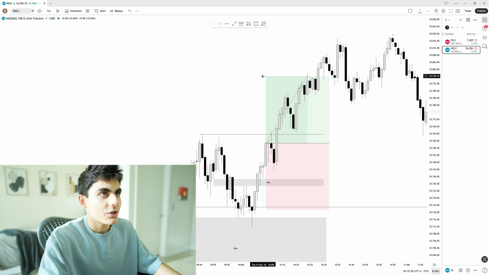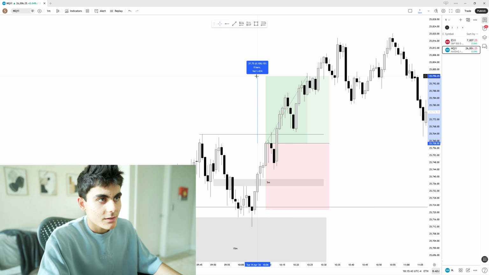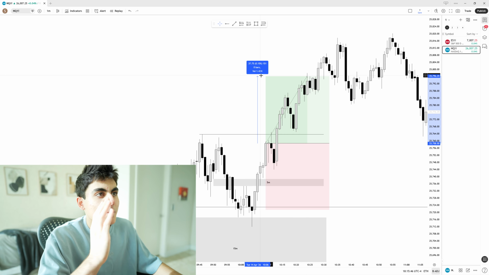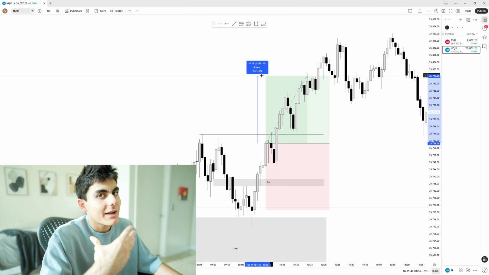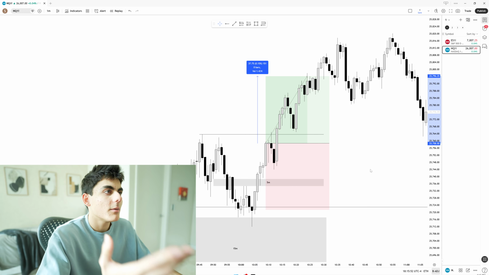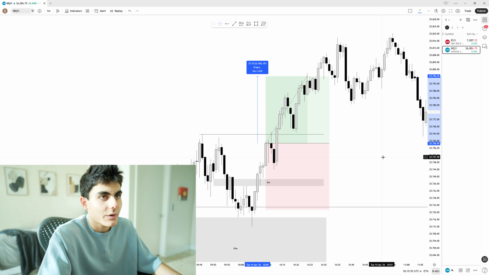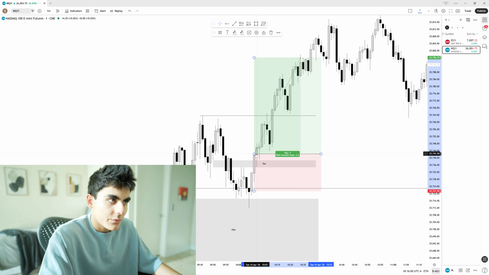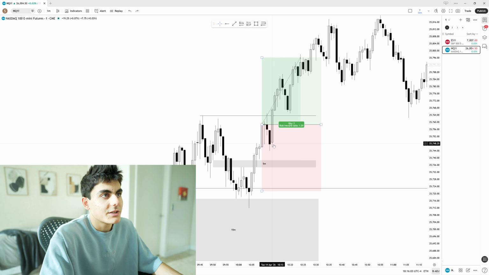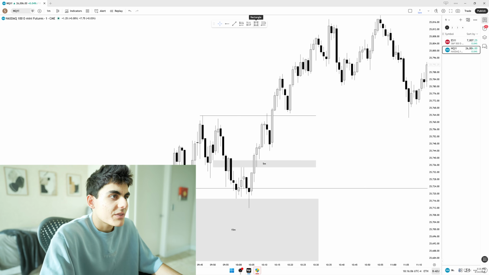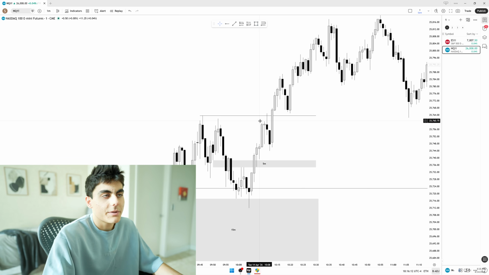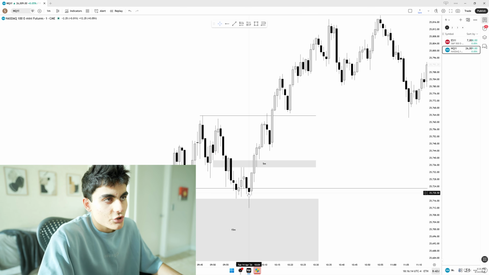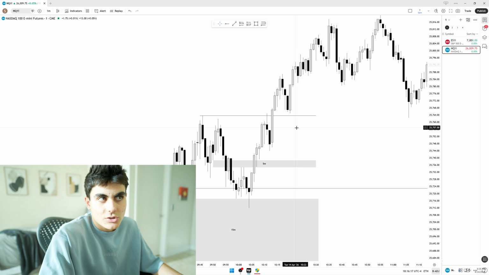So you could take this without a break even, or you don't have to necessarily take this, which is probably the more correct move here. If the 5 minute were to close somewhere here, this would look like a really nice trade, but it just didn't. Even the 1 minute time frame closed all the way up here, so it's the same exact thing. Nice trade. Just it was so bullish that it displaced too quick, and then we missed it.